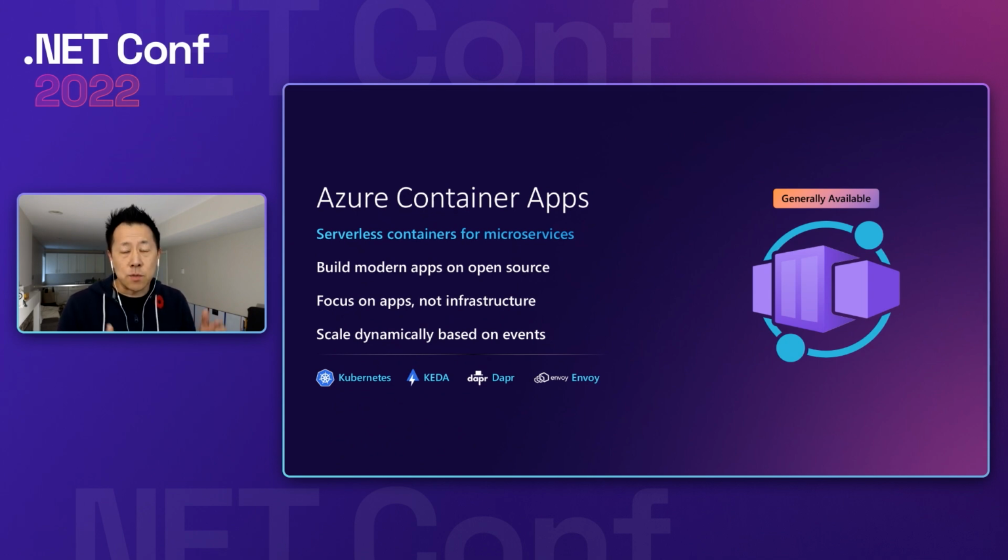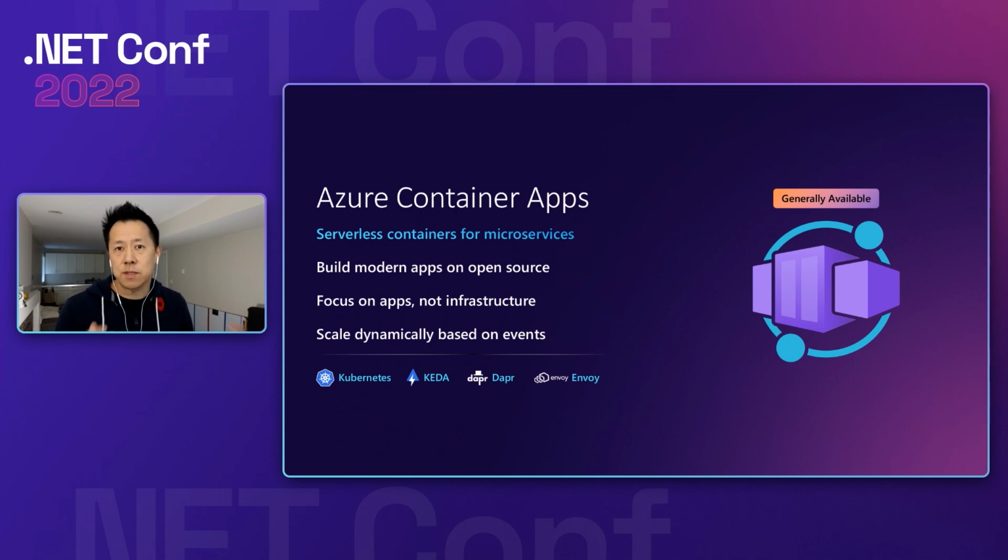And because we're an abstraction on top of Kubernetes, you can focus a lot more on building your apps and not have to worry about managing any infrastructure. There is scaling built in automatically, so you can scale your application based on any event that you can think of.